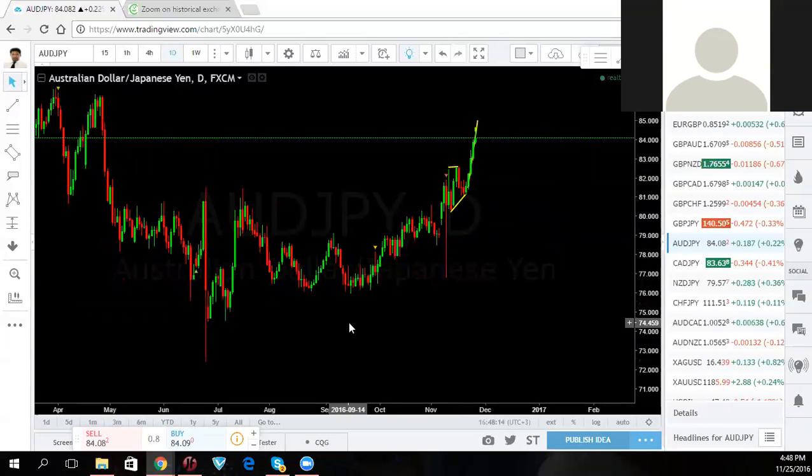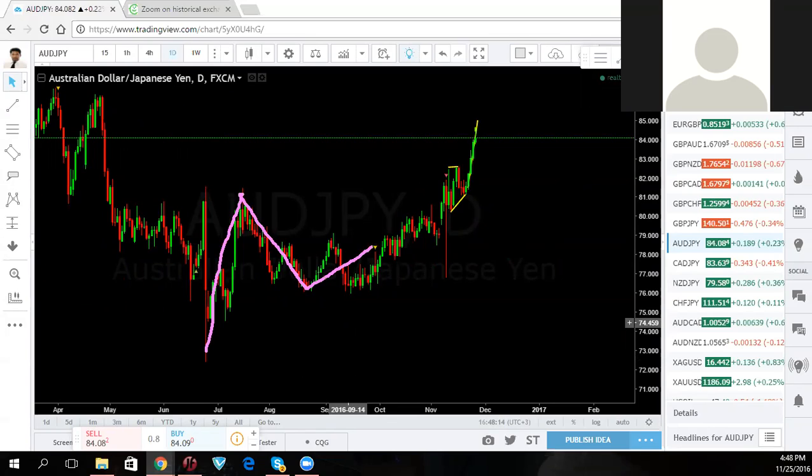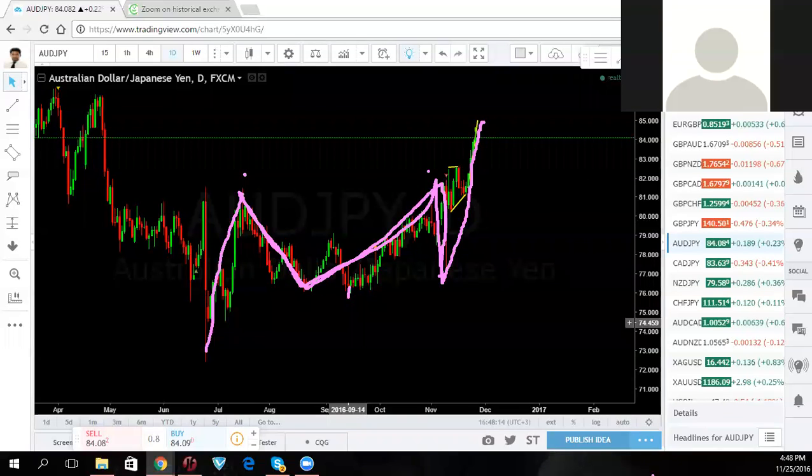What really happened to that structure? Let's take a look. This still remains your first impulse up. That still remains your first correction down. Second correction. And then they drop it here for a third correction. So instead of this being a 1, 2, 3 or an ABC, you have an ABC in the middle, and now they're going up. That is still a 3-wave structure, but this structure in here has become a little more complex. And that is part of wave theory. That's not something you can see ahead of time.